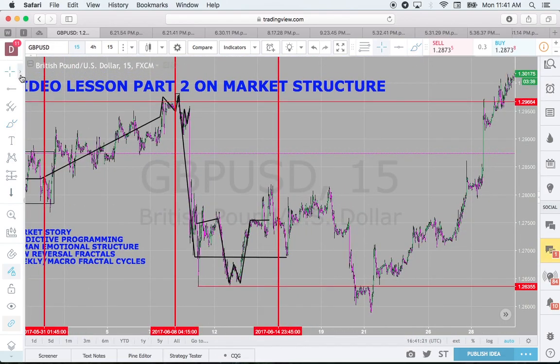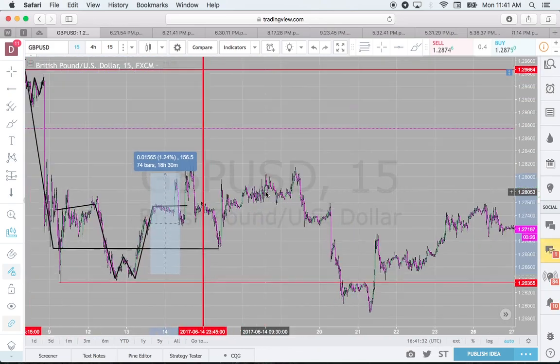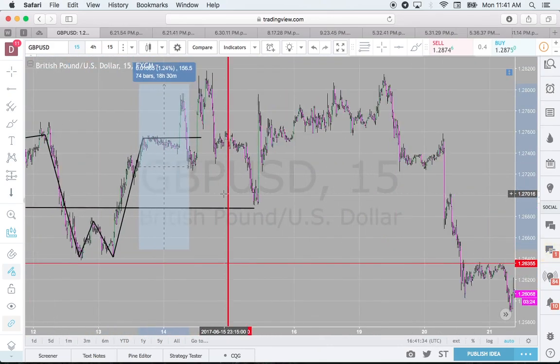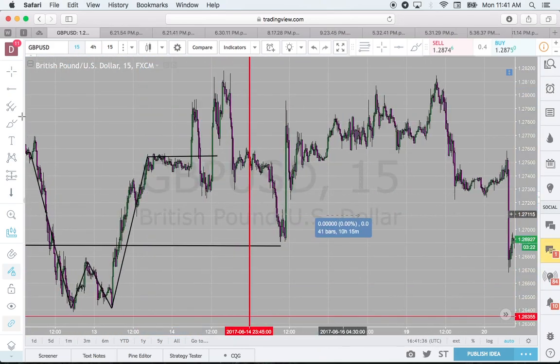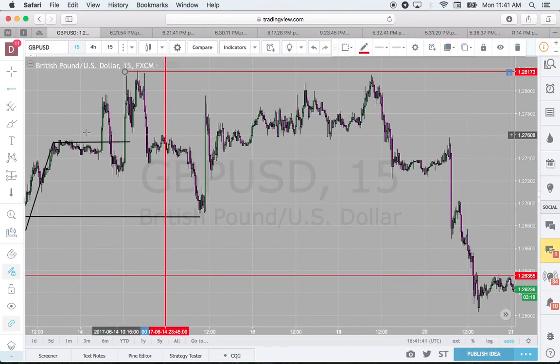That could have been an easy 300 pips, and then that W caught 100-plus pips up. And then right after that, we can see another high was formed right here. And then what do we see after that high? Well,